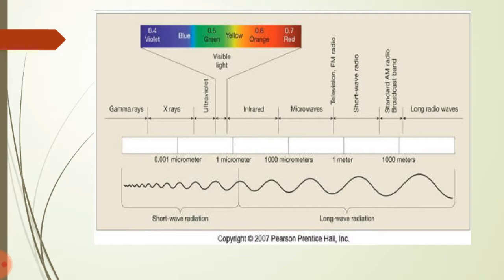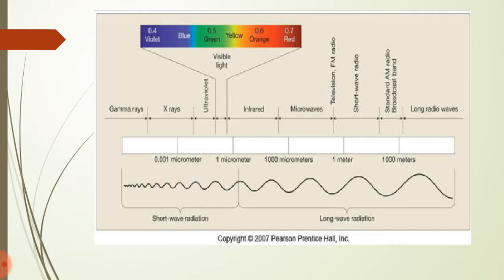Now this is the electromagnetic energy spectrum. As we see in the figure, there are different regions such as gamma rays, X-rays, ultraviolet, visible light, infrared, microwave, and after that the radio wave region. These regions have different wavelengths as shown in the figure, that is 0.001 micrometer, 1 micrometer, and this is the increasing wavelength. To the right side, if we consider the sine wave,